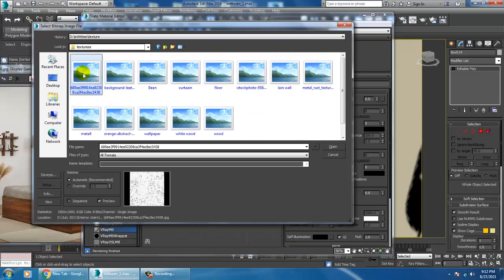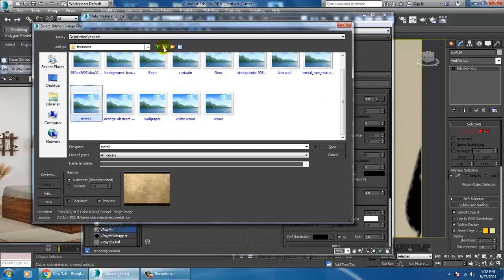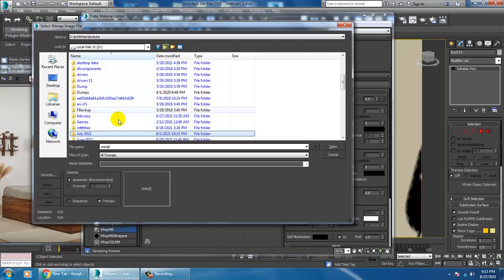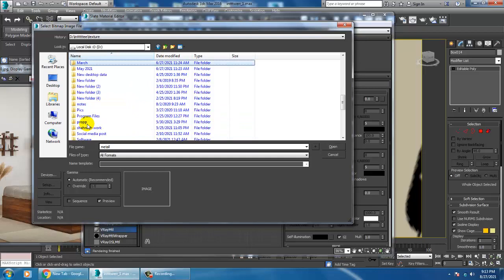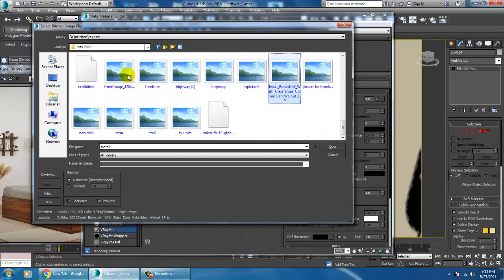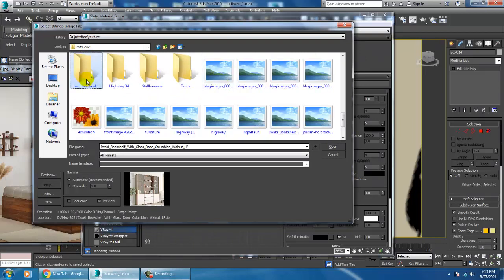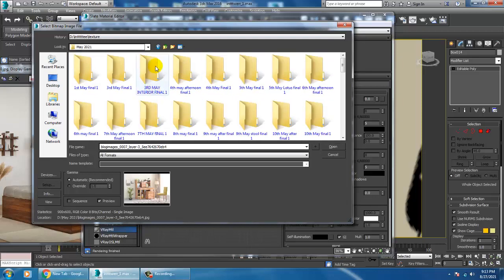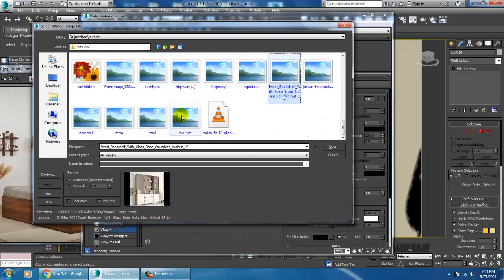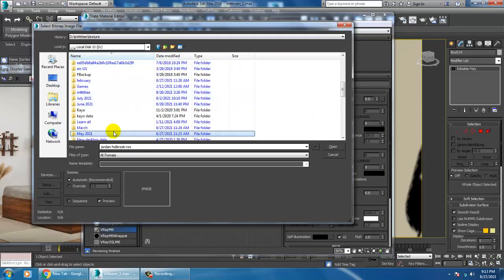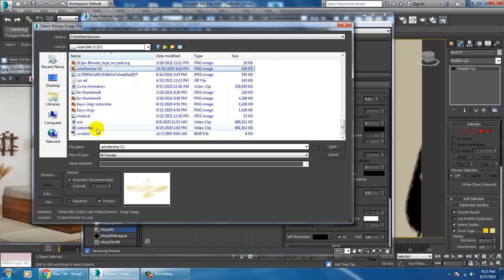I'm not able to find that particular texture.